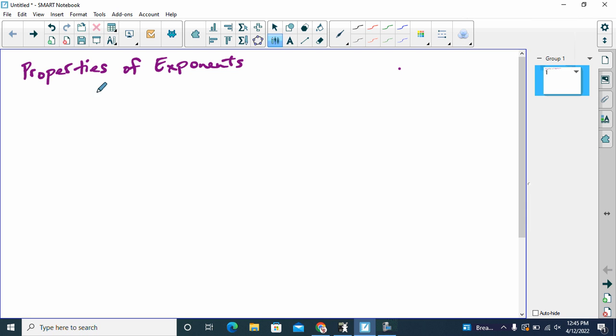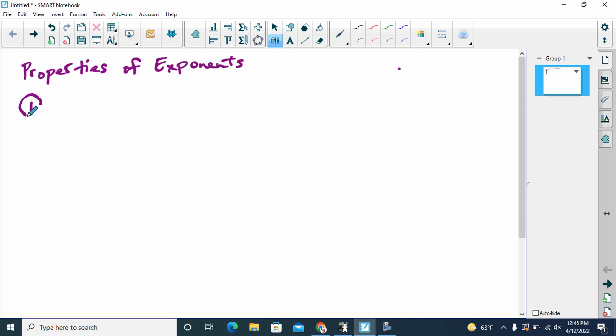We are continuing with the properties of exponents. We have talked about 5 of the 7 properties of exponents. We're going to review them here and list them all out so we have them all in one place. You should be taking notes, writing down what I am writing on the board, paying attention, making sure you understand the